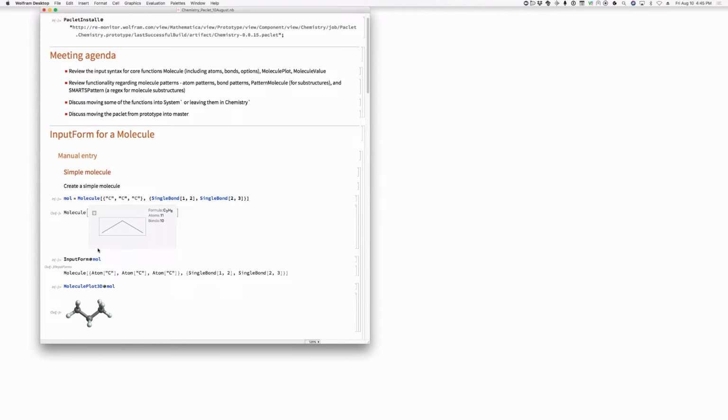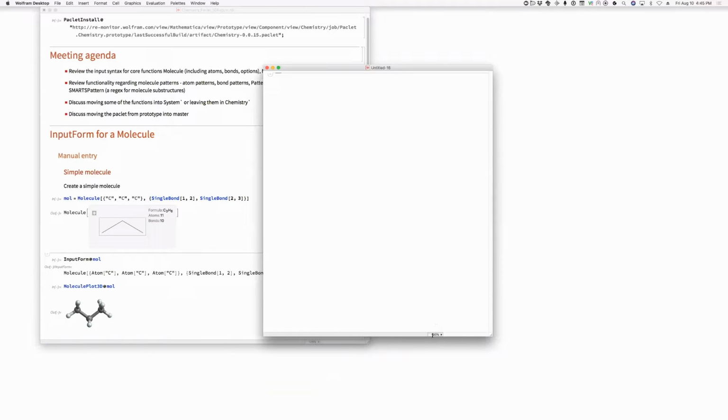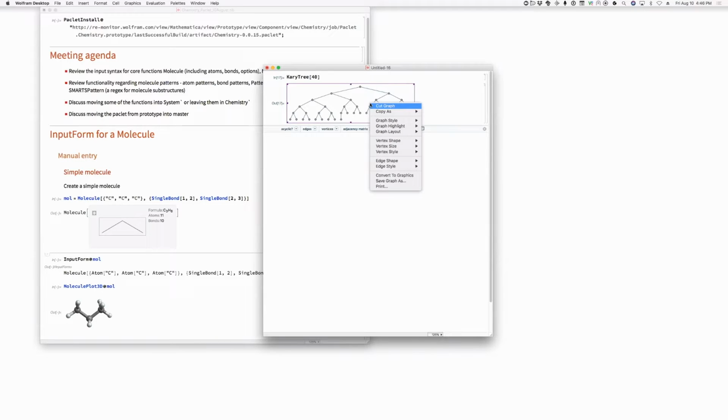What I like about Graph or MeshRegion when they format as something in a notebook is that they're fully integrated. You've got context menus or perhaps attached cells and all this stuff. No, you don't. Do you? For something like Graph, I don't think we have that yet. So for Graph, we don't have attached cells, but we have context menus that are very interactive with a graph. And I have the functionality that I could hook up to that. I just don't have the wherewithal to create